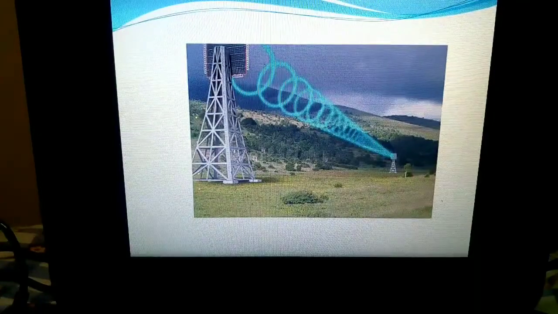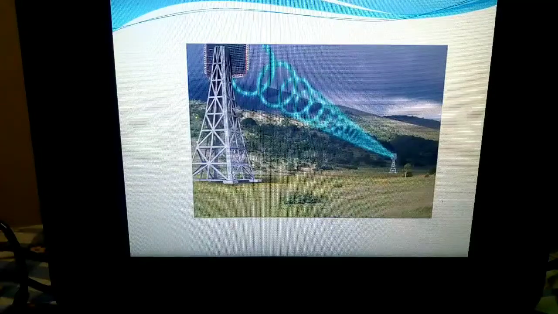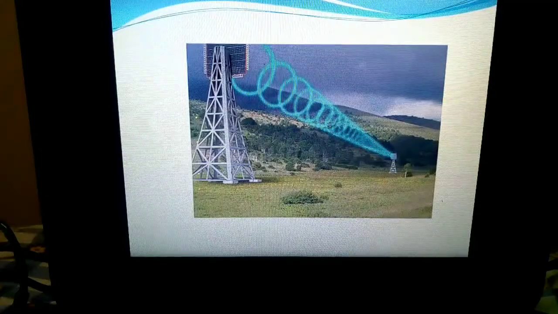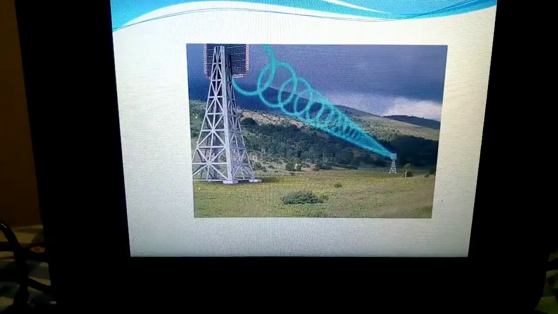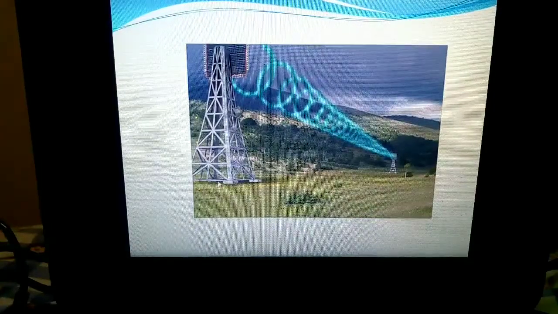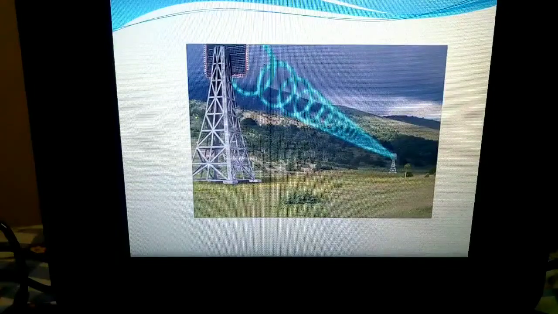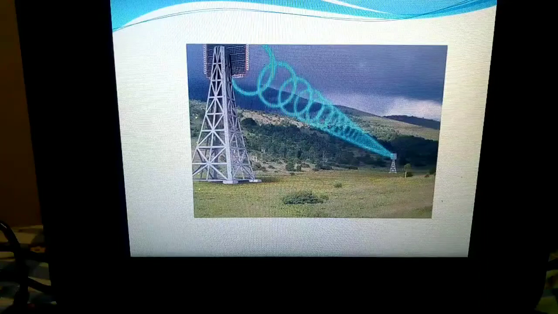The next advantage is low cost land purchase. Each tower occupies only a small area. You need not take a huge amount of land acquisition or something. Only as much area as is needed for the placement of the antenna is fine. So low cost land purchase it might be.